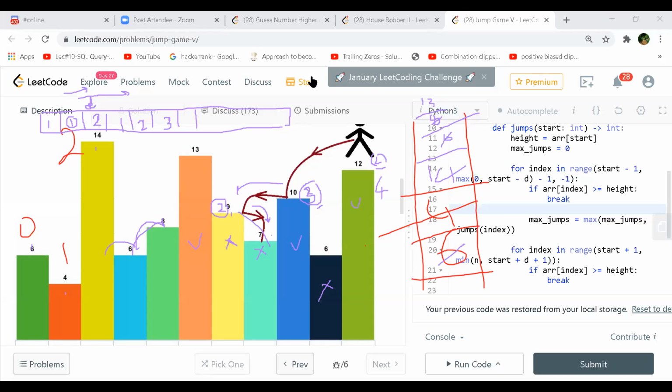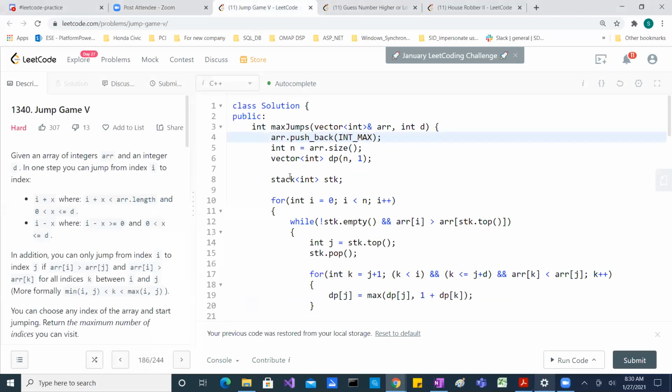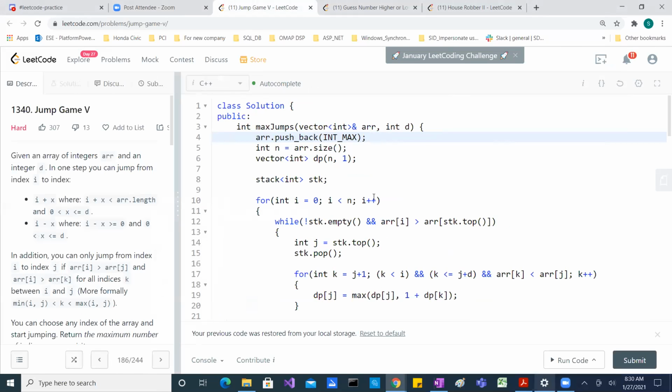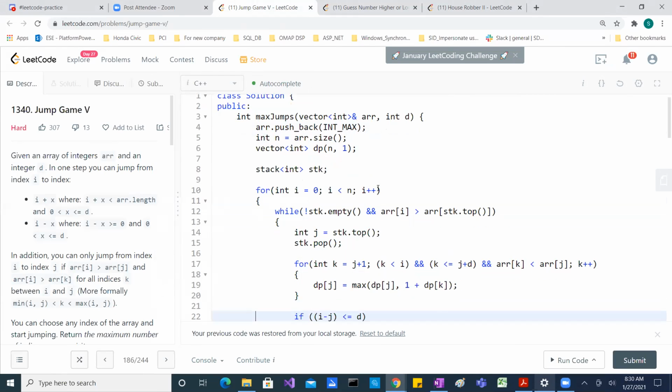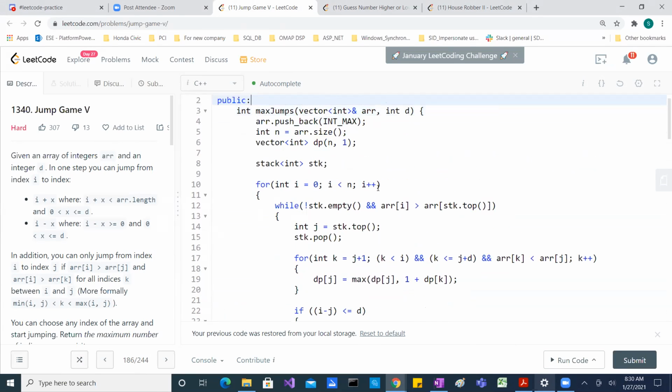I'll just quickly share the code, so then things will be slightly clearer. Now if you look at this implementation, everything is normal.